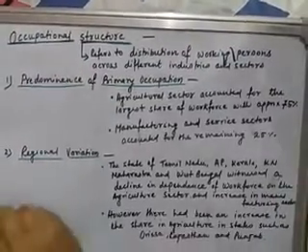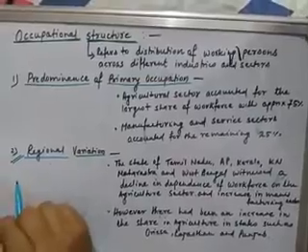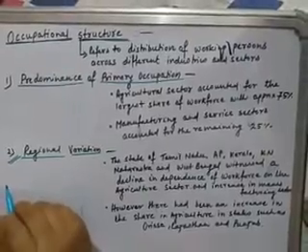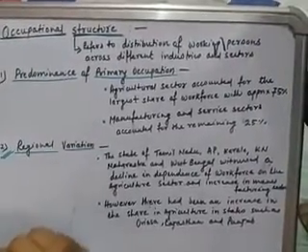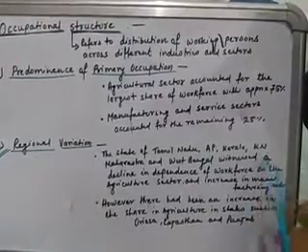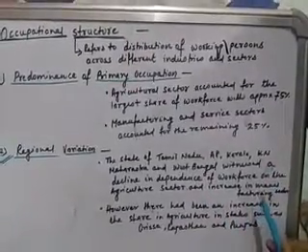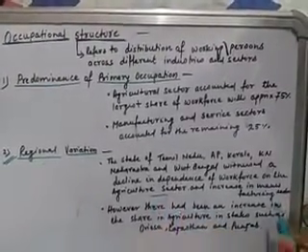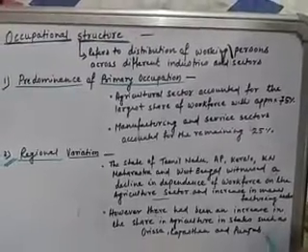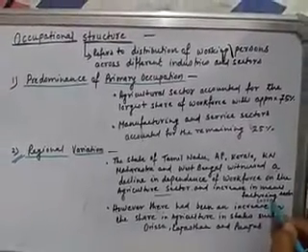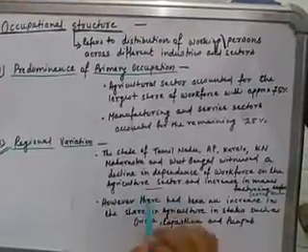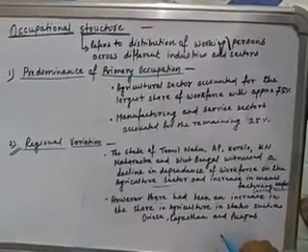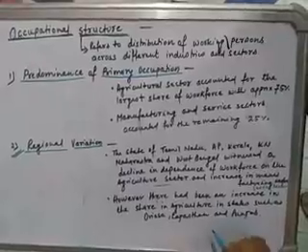Then the second one is regional variation. It was evident that there was variation in occupational structure across different regions of our country. The states of Tamil Nadu, Andhra Pradesh, Kerala, Karnataka, Maharashtra, and West Bengal witnessed a decline in dependence of the workforce on the agriculture sector and an increase in the manufacturing and service sectors. However, there had been an increase in the share of agriculture in states such as Orissa, Rajasthan, and Punjab.